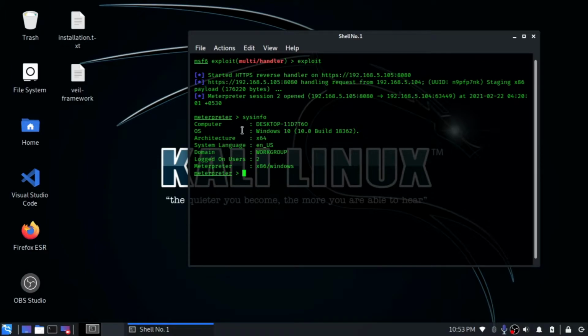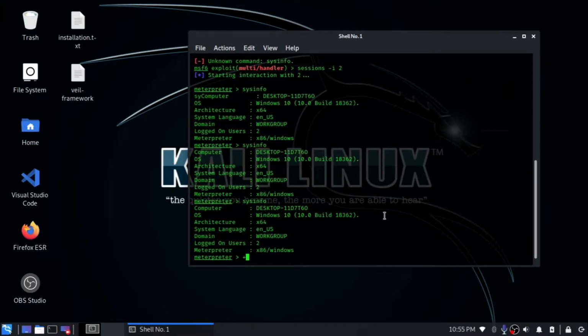So the first option which I can tell you about is background. As soon as I type background, what this command does is that it backgrounds all the sessions which we have received. As soon as I hit enter, this is session 2, and it has been backgrounded now.